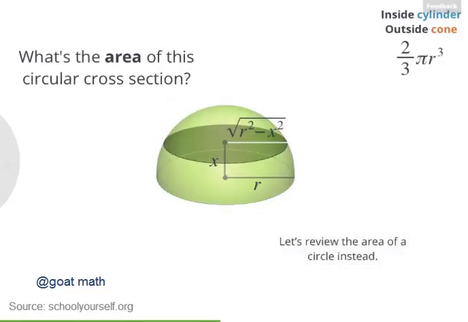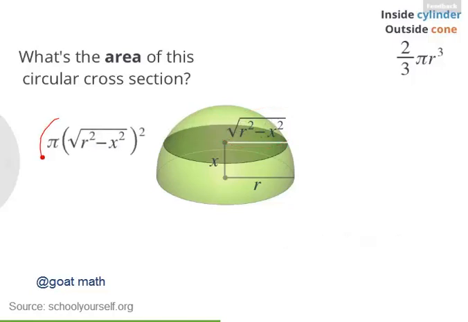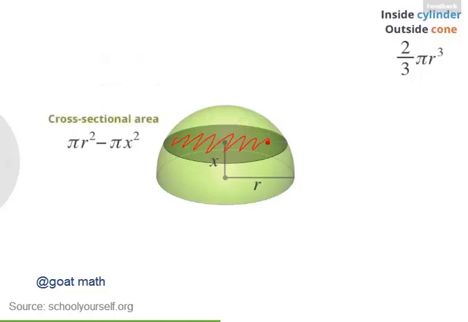Precisely. The area of a circle is pi times its radius squared, and the radius of this circle is the square root of r squared minus x squared. And so the area of this circle is pi times the square root of r squared minus x squared, squared. Squaring this expression cancels the square root. And let's also distribute the pi into the two terms inside the parentheses. And so this cross-sectional area, a height x above the base of the hemisphere, is pi r squared minus pi